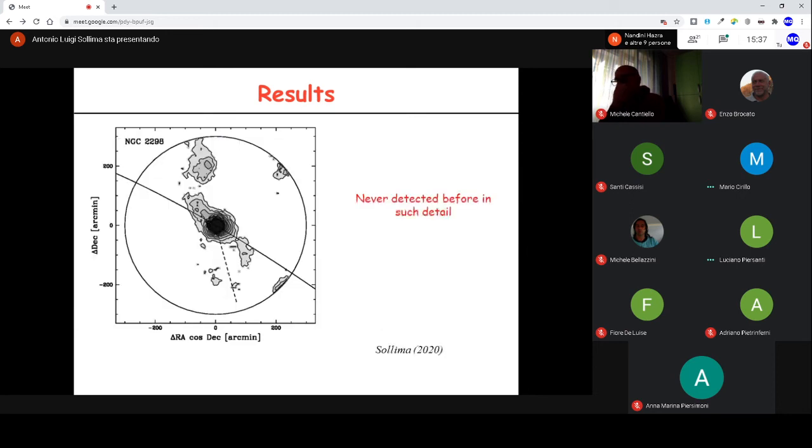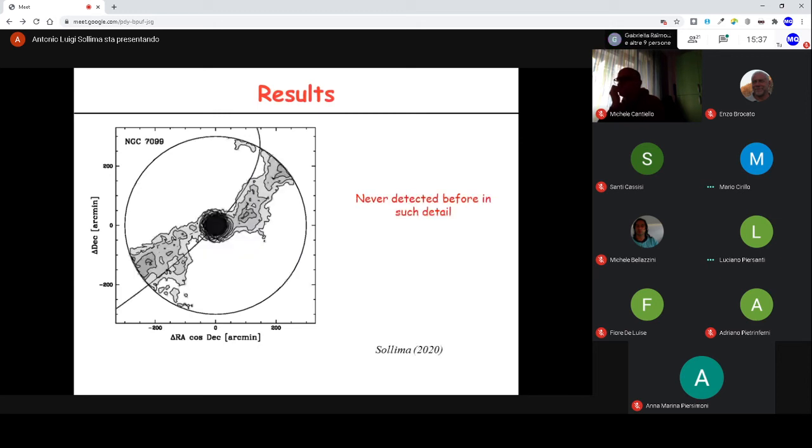There are also clusters in which there was no previous detection of tidal tails. So for instance, NGC 2298 is one of these cases. And here again, you can see very well-defined tidal tails on both sides of the cluster, aligned with the cluster orbit. And then the masterpiece, which is NGC 7099, where you can see now a wonderful detection of tidal tails,